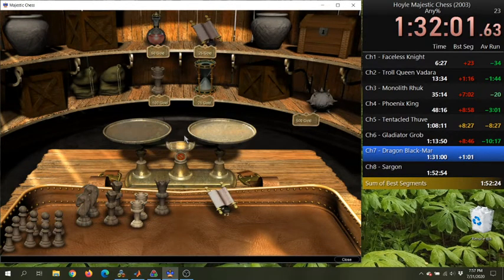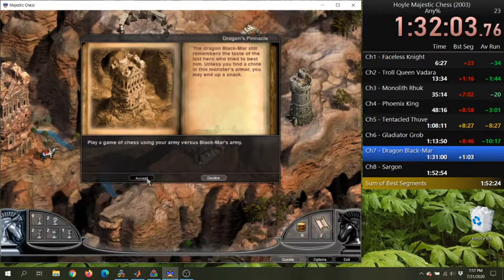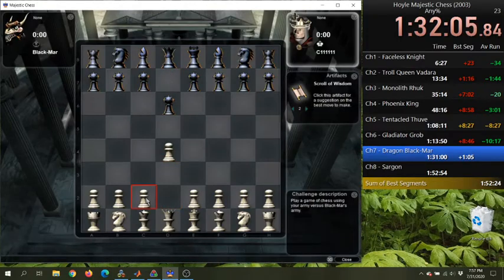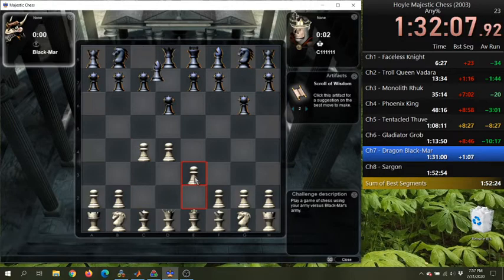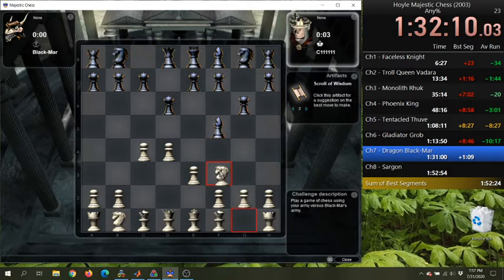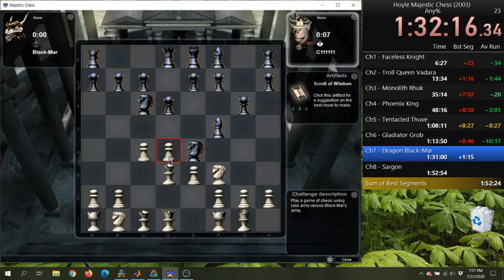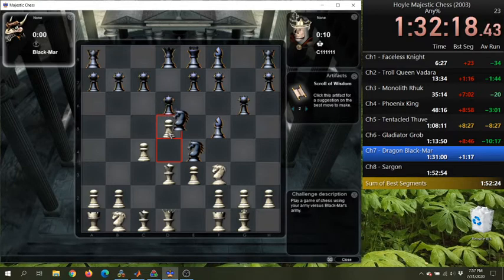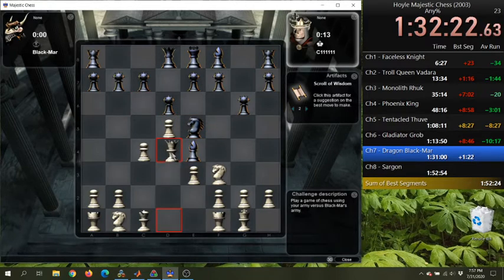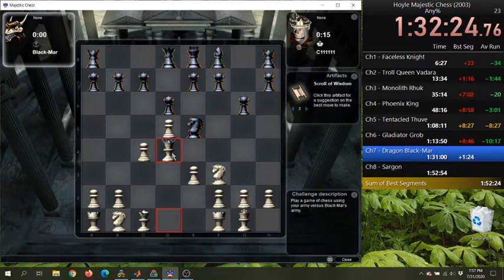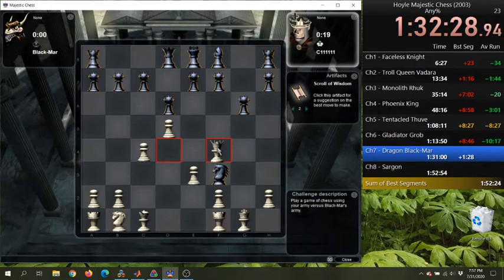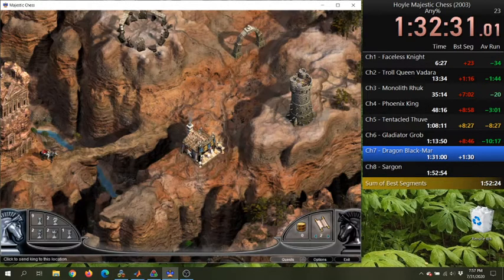These are a couple scrolls that tell you a best move. And this is, I think, the hardest part of the whole run. Because it's basically just playing a game of chess against a pretty good computer. And that's not how we do it.